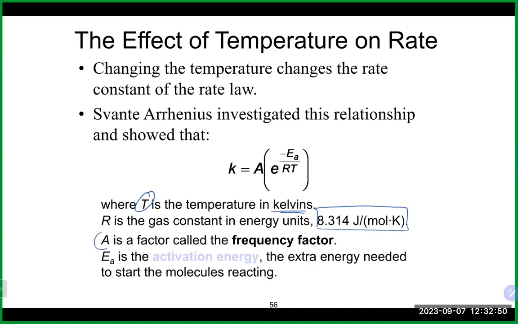A is the frequency factor, and you can think of the frequency factor as really what we've been talking about, the proportion of molecules that have enough energy to get up and over to the other side. E of A is our activation energy, which is, again, what we were just talking about, that minimum amount of energy that's required. Now, when we want to speed up a reaction,